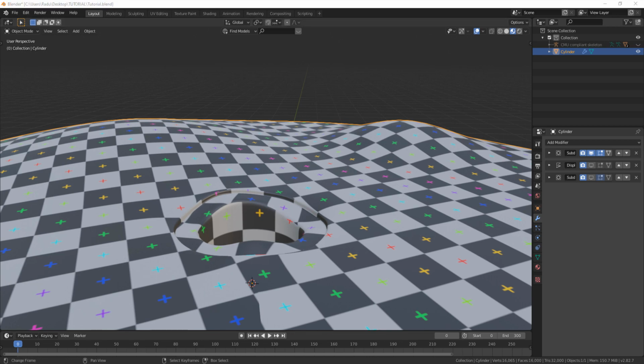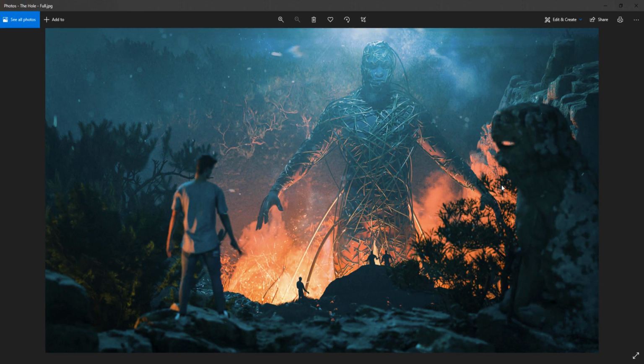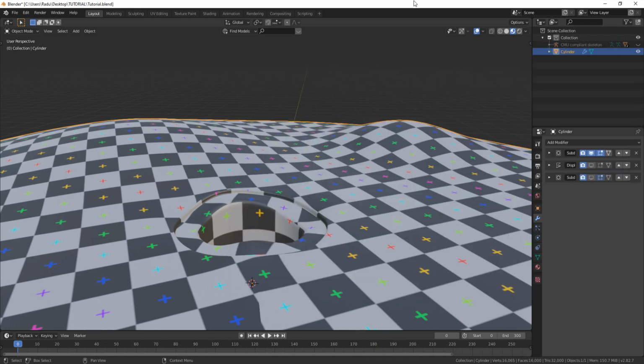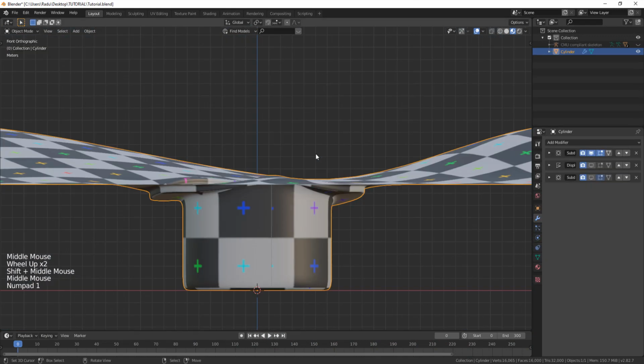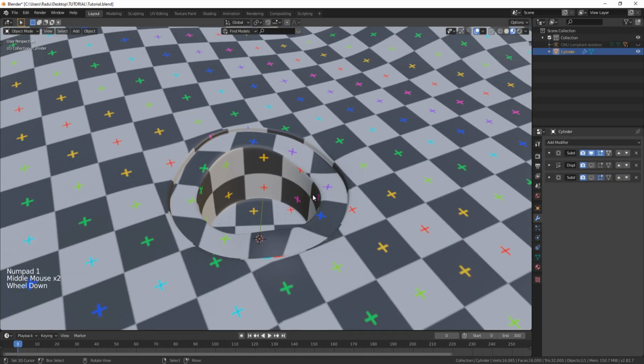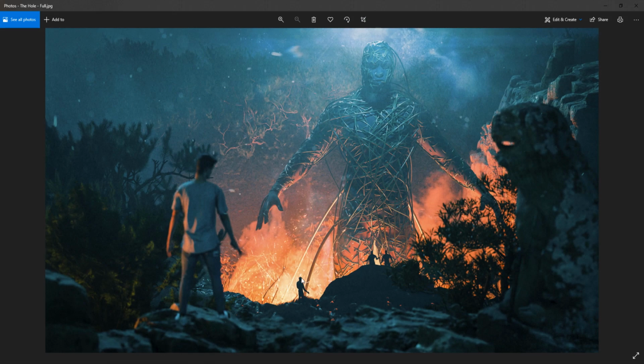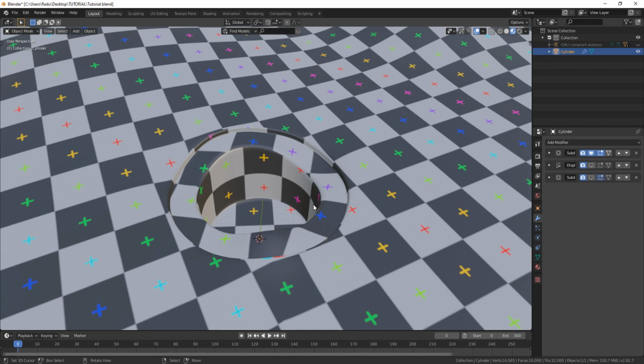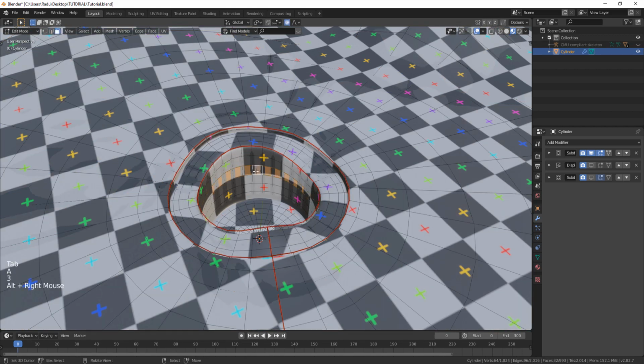Now, looking at this render again, you can see that we can easily just skip this step, because there's really not that much detail we can actually see in the hole. But for the fun of it, I'm going to assume this. Considering the fact that we are going to have a strong light inside the hole that's going to play the role of a fire, we can assume that those faces,